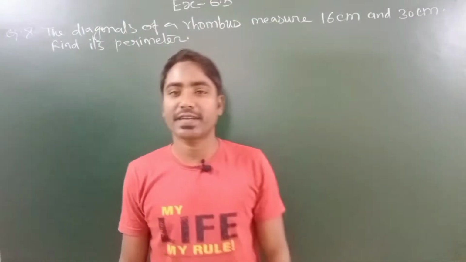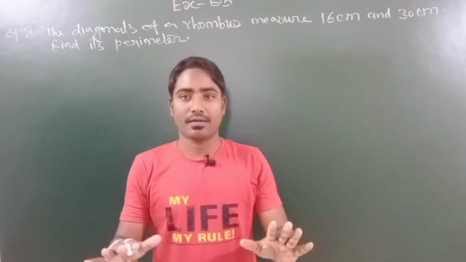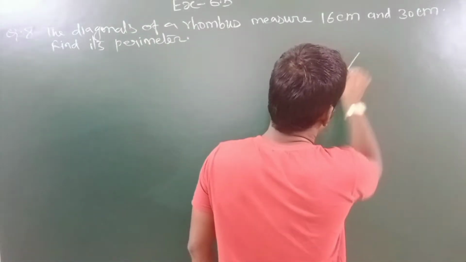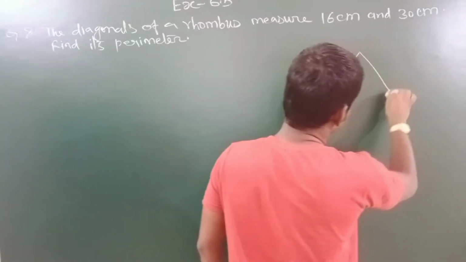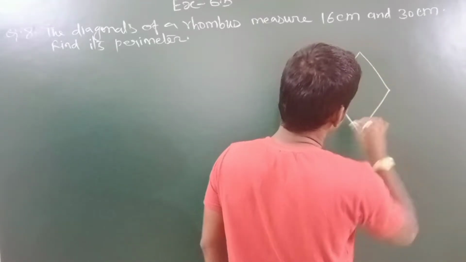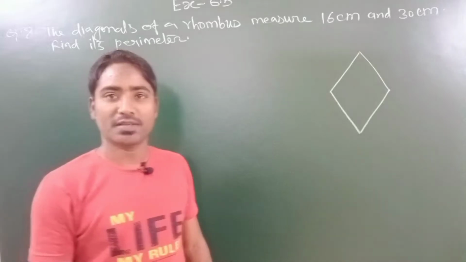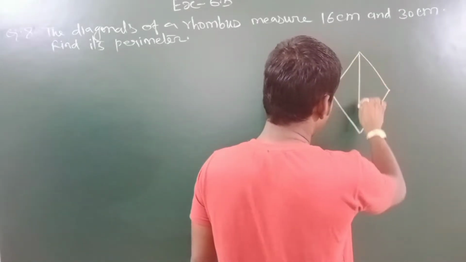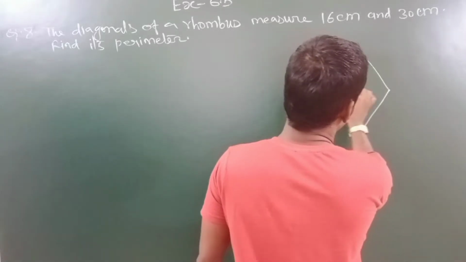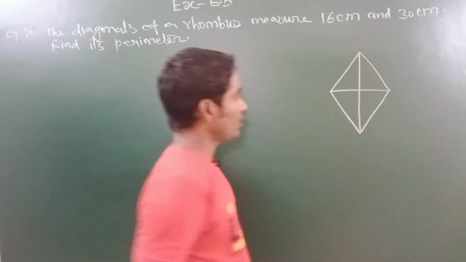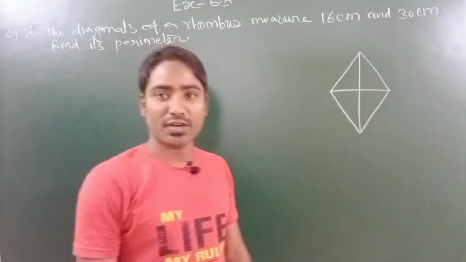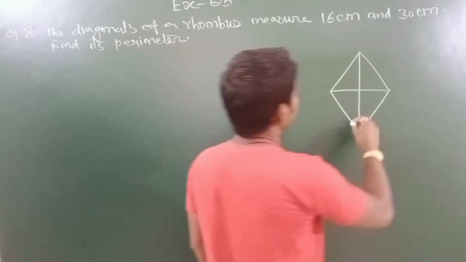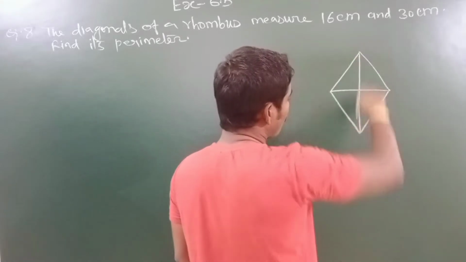Although the question is very clear, I would like to draw the figure and explain everything with the help of the figure. So this is the rhombus, students. Its diagonals are given, so we will draw our diagonals. After joining the opposite vertices we get the diagonals. The long diagonal